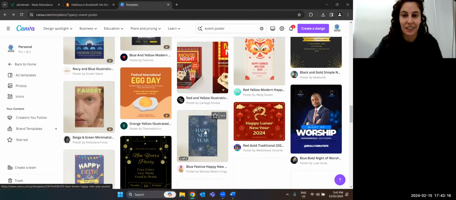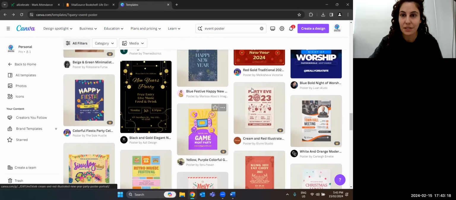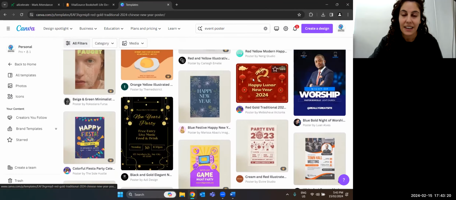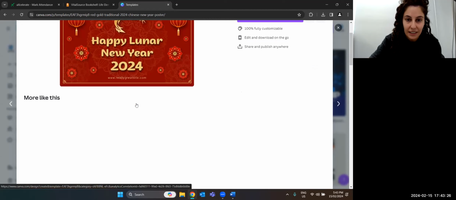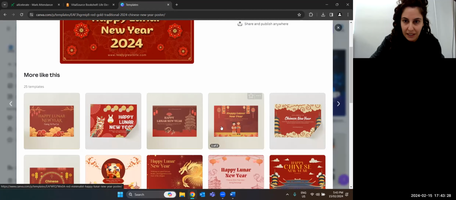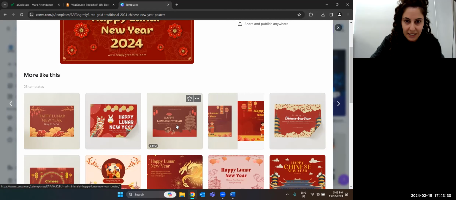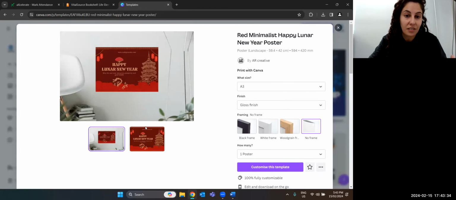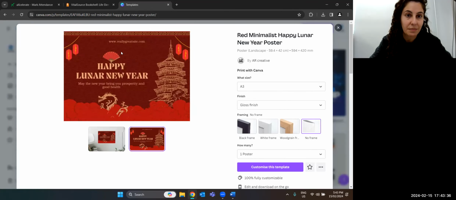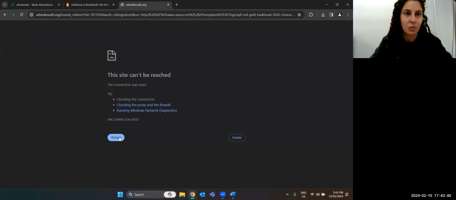So you could see lots of good types of events, and this one's interesting because we just recently had the lunar year. So this could be an event. It doesn't look like I'll just pick another one that has a bit more detail. So imagine if you are a restaurant. So you could put this one. You might put maybe that's not the best example. We needed one where it had the location, the time, and the date.